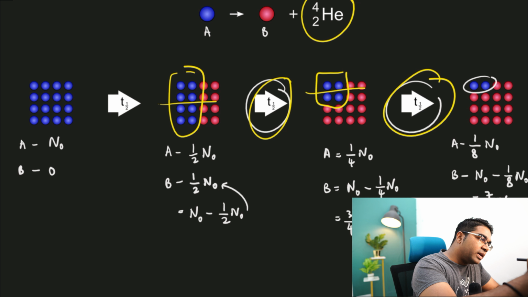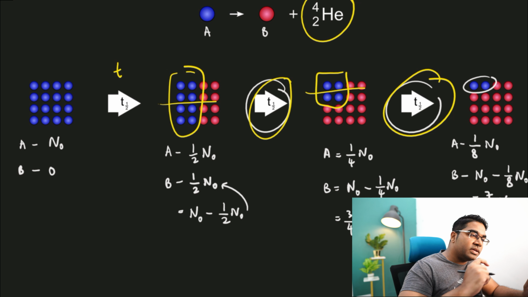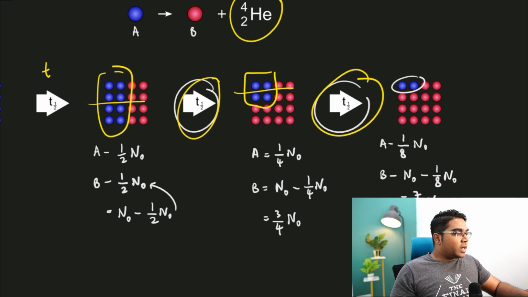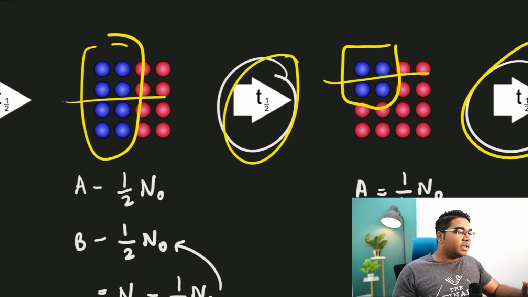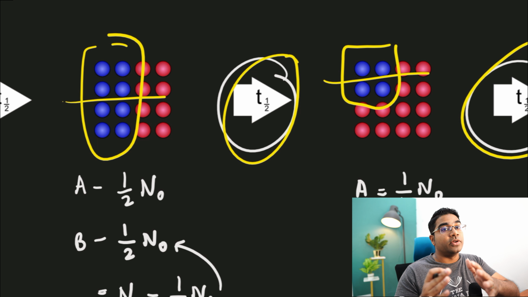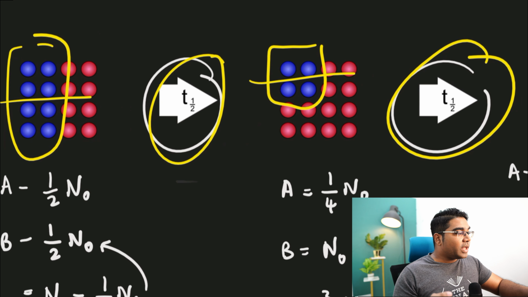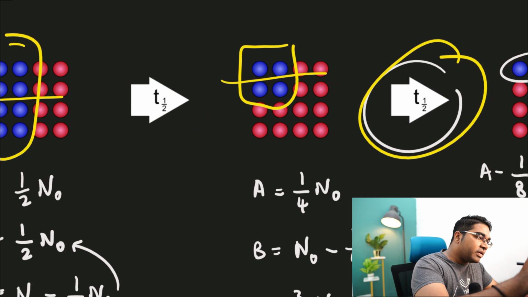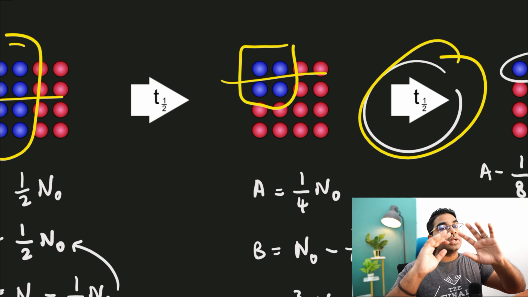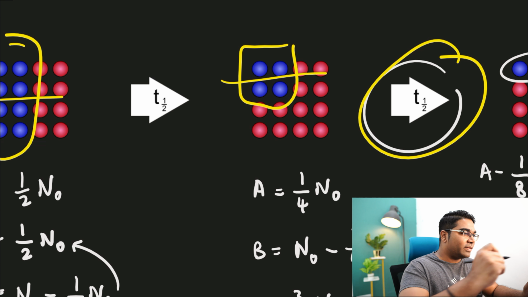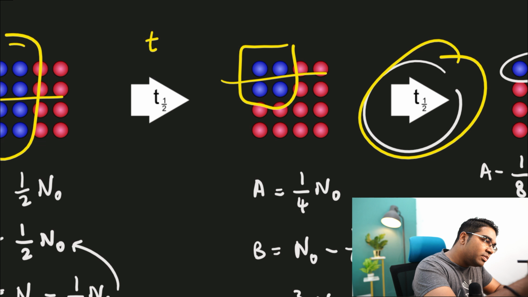Let's say this half-life is T minutes. And so after one half-life, we only have half the amount of radioactive nuclei left that's going to decay. But the time taken for it to become half its current value is not different. It is exactly the same. It is still T minutes.